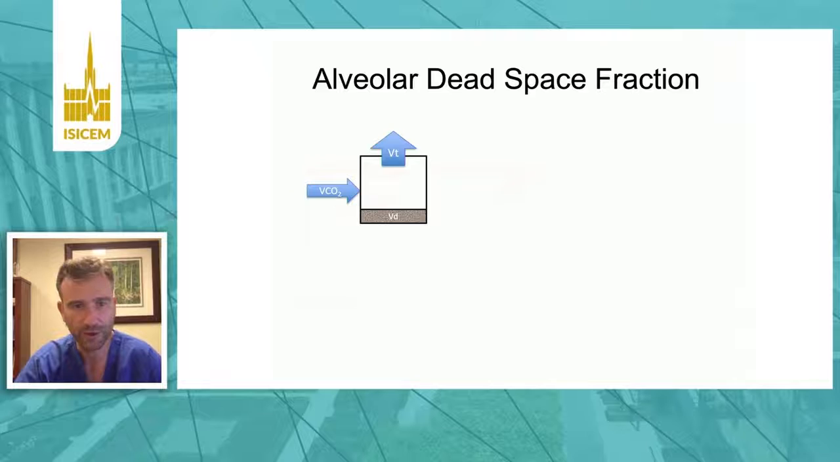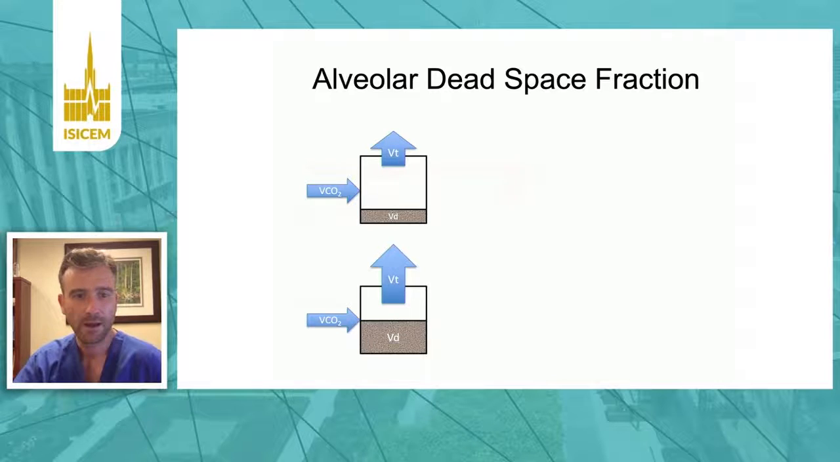If you have a lung with a relatively low dead space, then most of the CO2 that comes through that lung is going to be cleared by a relatively small tidal volume. You can relatively easily ventilate off the CO2 coming into the lung because the lung's efficiency is high, because the dead space is low. On the other hand, if you have a lung with a relatively higher dead space fraction, then you're going to need a larger tidal volume to ventilate off the same amount of CO2. So the lung is behaving less efficiently with a higher dead space, and you need more tidal volume to clear